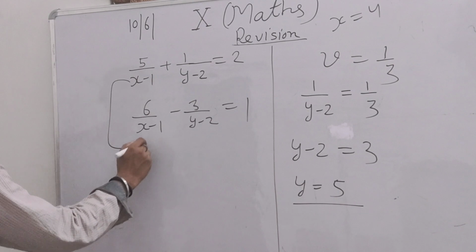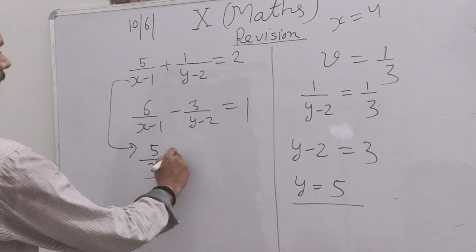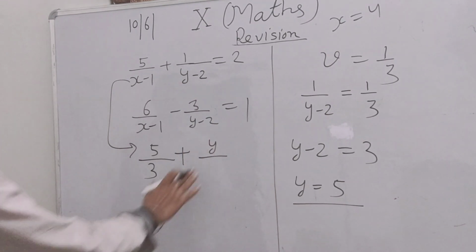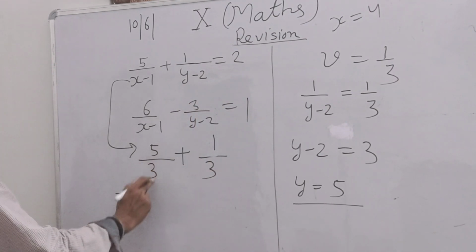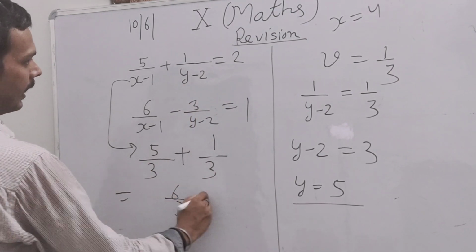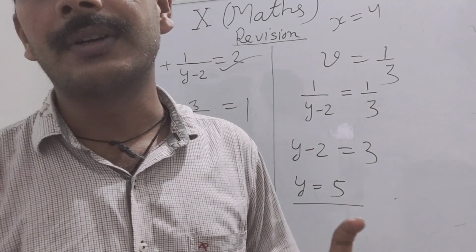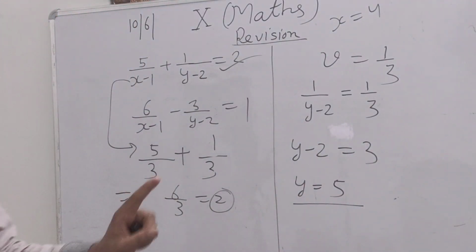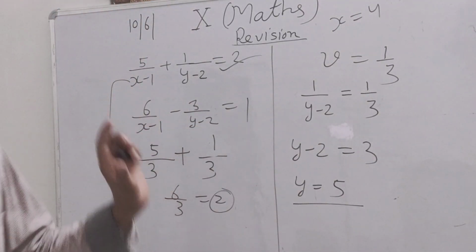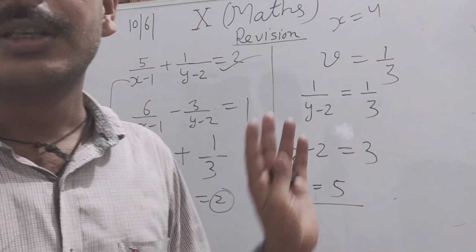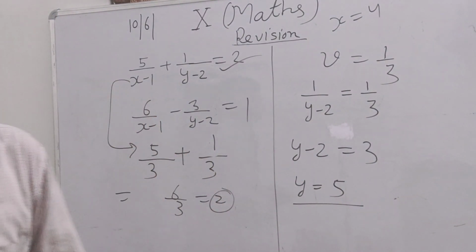So see, if we put here the value of x, 4, it is 4 upon 3 plus value of y, 1 upon 5 minus 2, it is 1 upon 3. 4 upon 3 plus 1 upon 3 is 5 upon 3... it is 6 upon 3, and 6 upon 3 means 2. The answer is correct. We are 100% confident. No need to ask anyone or check the answers on the paper whether our answer is correct. So we are 100% confident that my answer is correct. So in this way you can verify your answer.